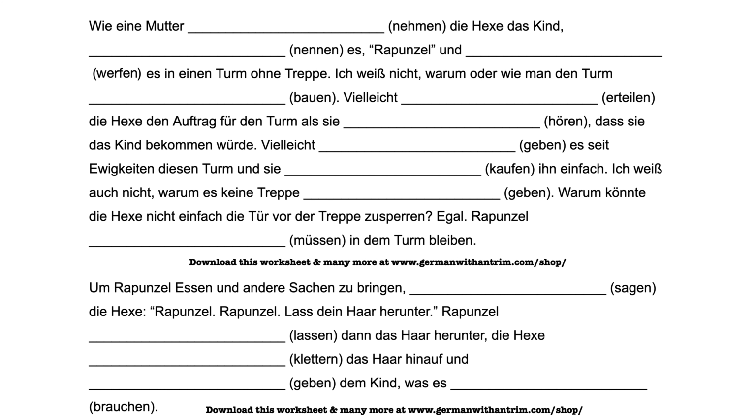Wie eine Mutter, a form of nehmen, die Hexe das Kind. Nehmen goes with die Hexe this time, again the ER/SIE/ES form. Nehmen is also an irregular verb and changes to nahm in this tense. So nahm die Hexe das Kind. So like a mother, the witch grabbed the child or took the child.